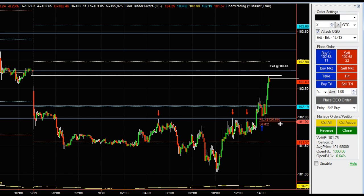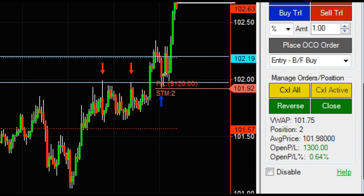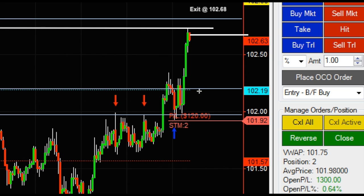So now in looking at this trade, it is clear that I did get some rejection at that area. So I could have entered based on price action. All right, and that's always a possibility. But the thing about that is, there's a lot of reasons why I will bid a level blind, and one of them is because I get a greater risk reward. The other reason is it's also closer to where I'm wrong on the trade,